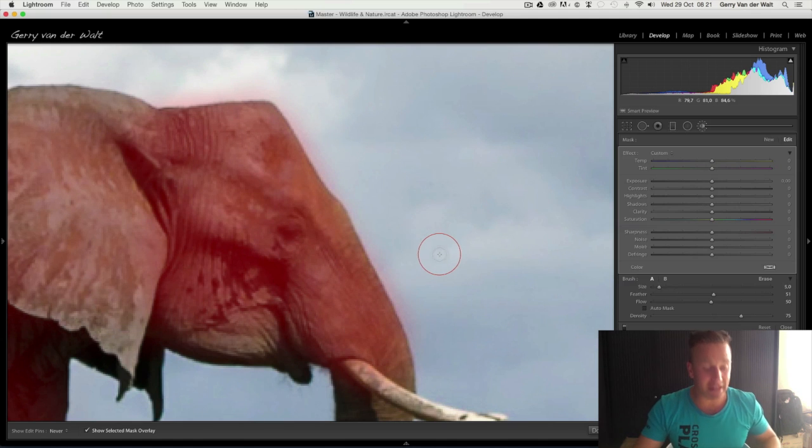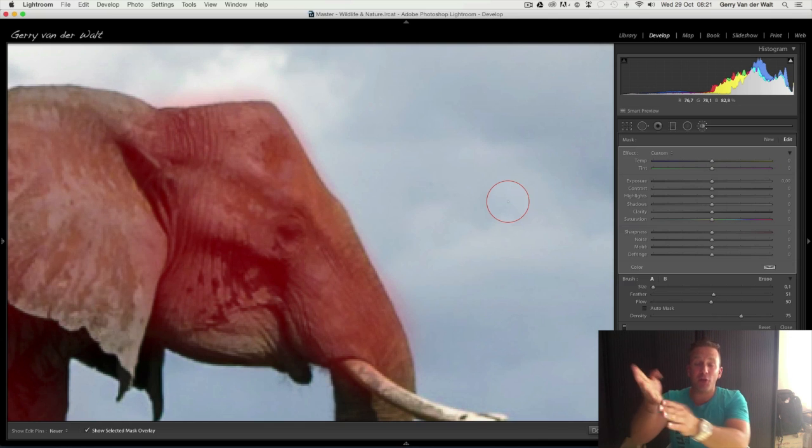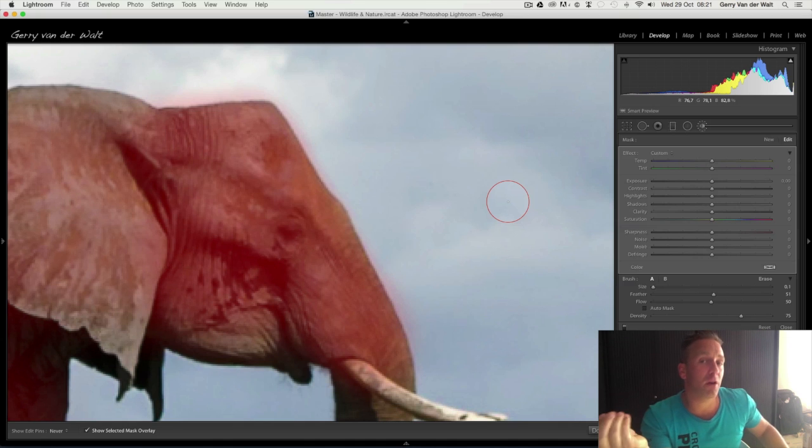If I want to erase, I can hold Alt and then soften that up with the feathered eraser. But because my flow and density is set, I can take my flow all the way down to 20, go along the edges of my animal, and spill over slightly. Remember, we're zoomed at 400% here. That little spill over is not going to make a difference. You can then just clean it up. I would rather have